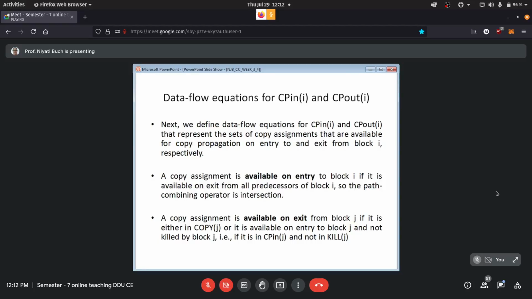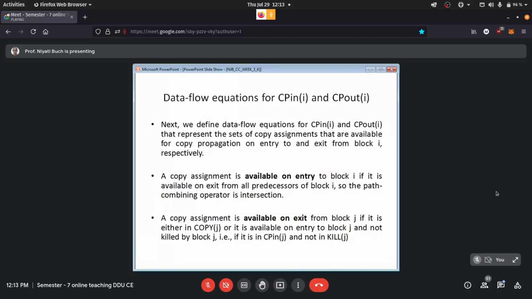We have to know which copy propagations are available on the entry to the block and which copy assignments are available on the exit. So what condition do we have to check for being available on the entry? If it is available at the exit from all predecessors of block I, then we will put it into the category of available on entry.